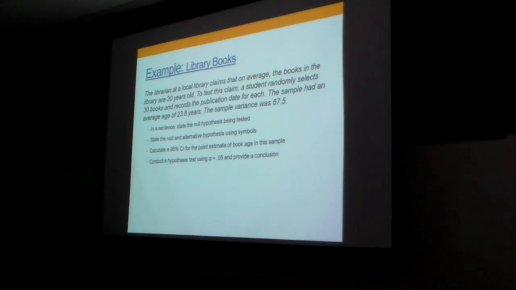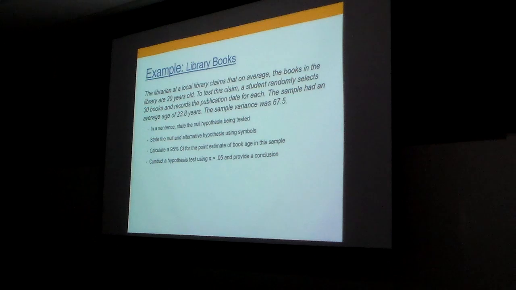We're trying to get the population parameter, but what mean value goes into our confidence interval? Is it going to be 20 or 23.8? 23.8. Because my null value is 20, but what I've actually found, my best guess for the actual age of the population of books, is